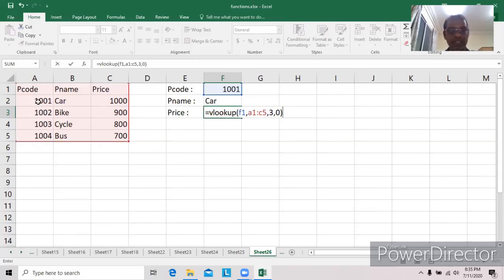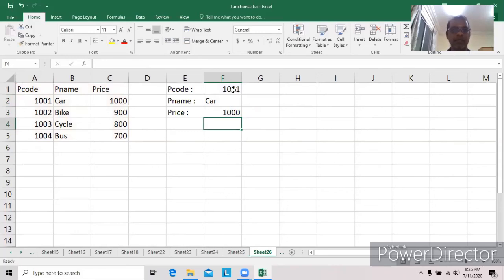If the exact match is found, the third column in the same row should be considered. The value available in the same row, third column, 1, 2, 3, will be displayed here. 1000 will be displayed. That's all.